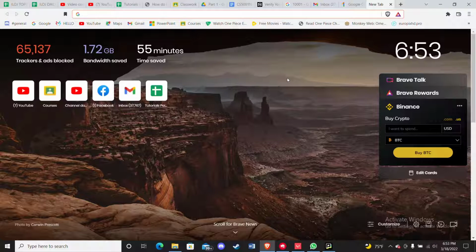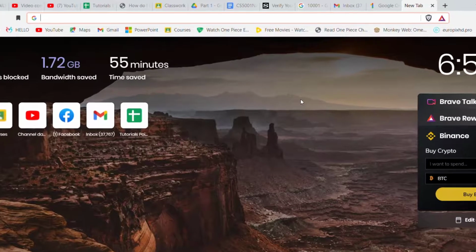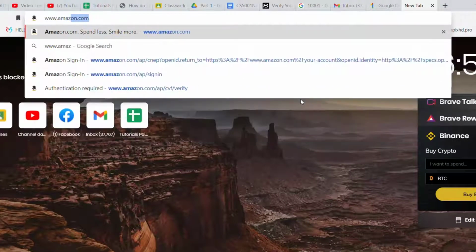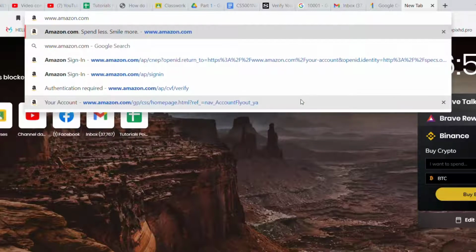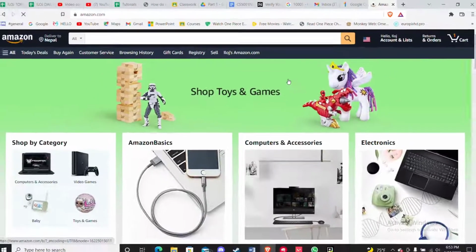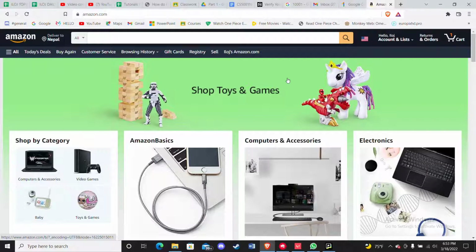First of all, make sure that you're connected to the internet and then open up a web browser. Now, once the web browser is open up on your screen, type in www.amazon.com and hit enter. After the home page of Amazon opens up on your screen, make sure that you're logged in, and on the